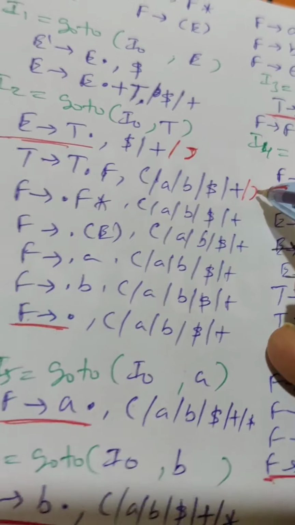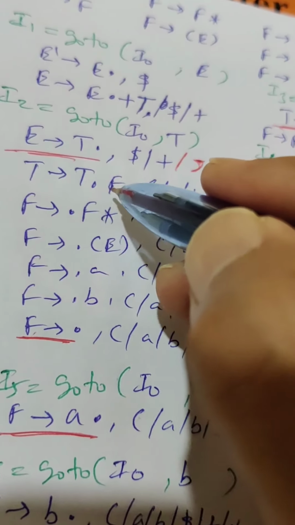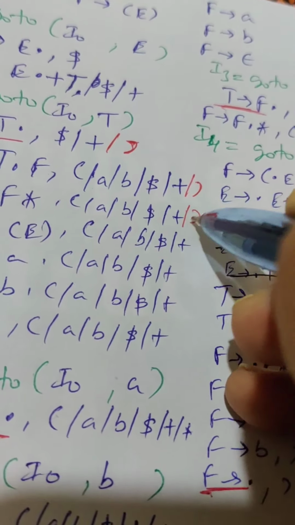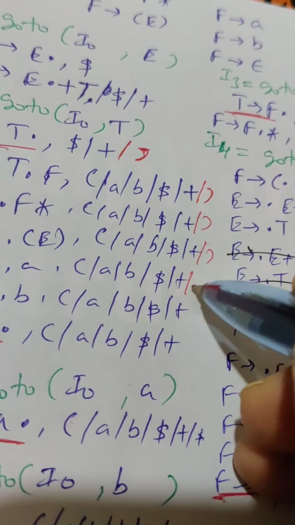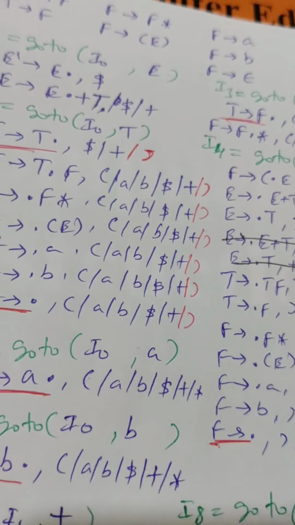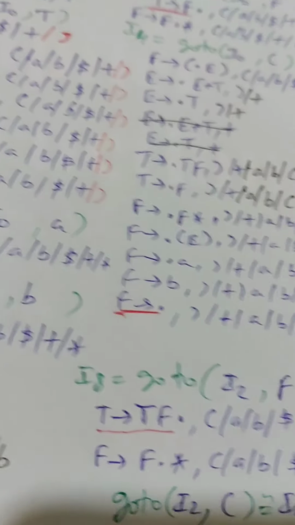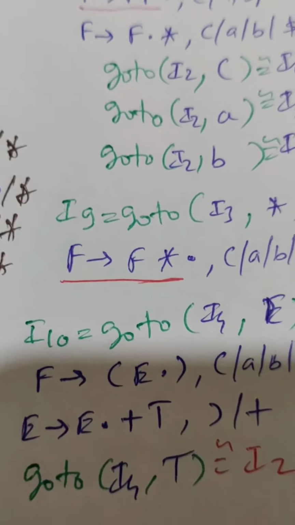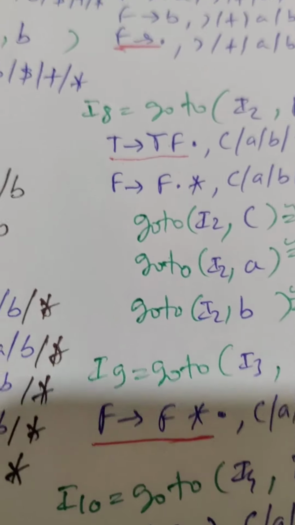Once we get the closing bracket here, because of this dot F, for all the rules of F we will have to add the lookahead of closing bracket. Okay, so now it's a perfect item number 2, exactly the same as item number 2. So in LALR it helps us to optimize the items, reducing the number of items. Okay, now next